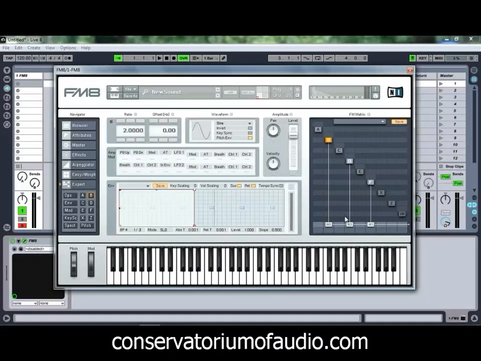You can also pan these guys. So in order to pan our D to the right, we can simply just click and drag on our panning, which is our lower row, as we can see here. So just pan that one 55 to the right. We can pan the other one about the same to the left, as we can see there. So if we just play that sound,